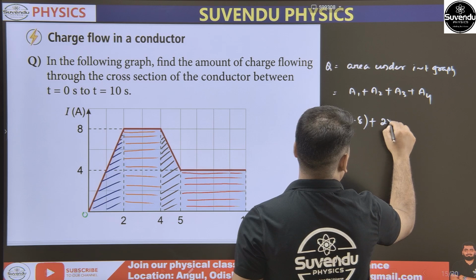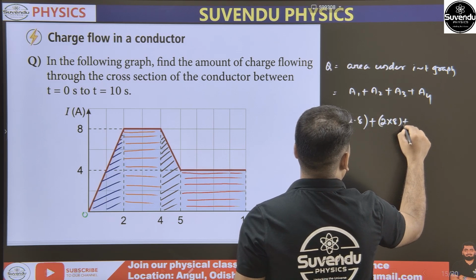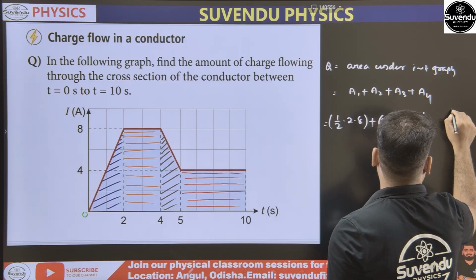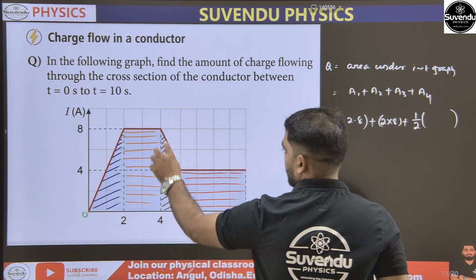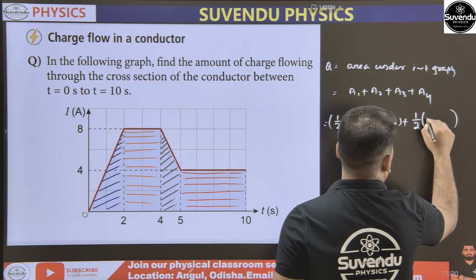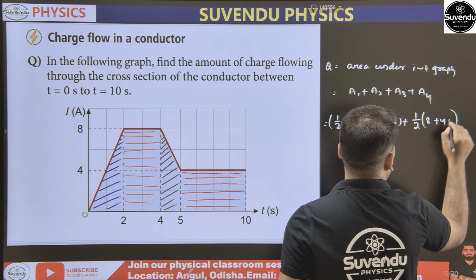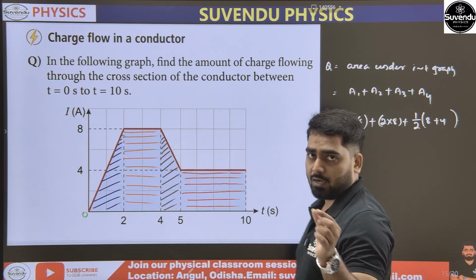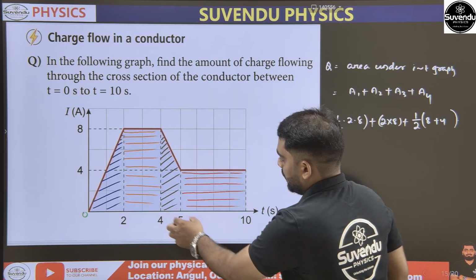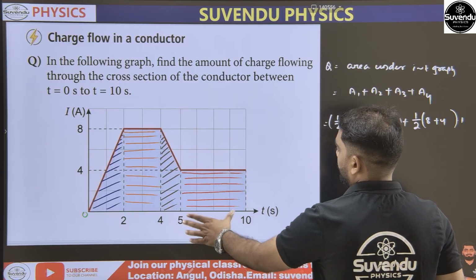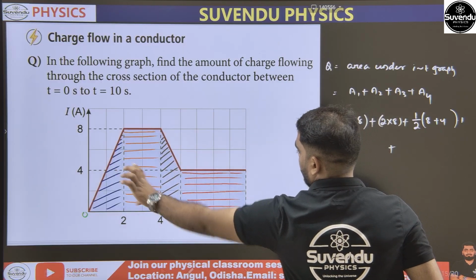So 2 into 8. Then A3 is a trapezium: half into sum of two parallel sides. This is the parallel side, its length is 8 and this is 4, so half into 8 plus 4 into the height. Half into sum of two parallel sides into altitude or height. Here the height is 5 minus 4, which is 1. Plus, for the value L into b,